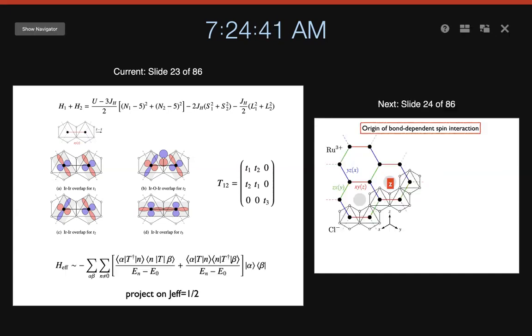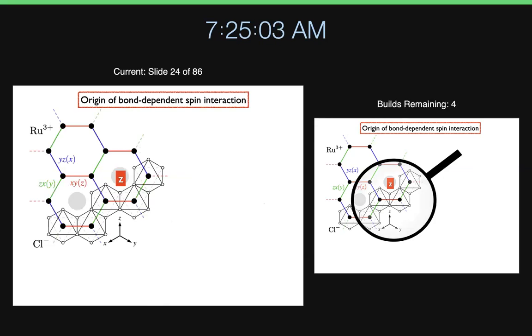Now, okay, there we go. So now the effective spin model, the low energy effective theory, will basically be looking at this t_ij, doing some perturbation theory here, and projecting on the alpha beta, where the alpha beta is going to be our doublet, spin half. So that's the whole process. Okay, so here is one bond. Let's pay attention to a one bond, two site problem. So we just work on the two sites, and for the rest of them we will use the symmetry to get the interaction form. Okay, so focus on this bond here.